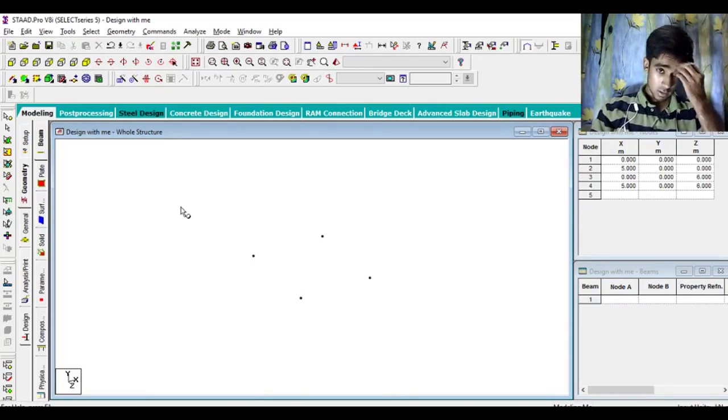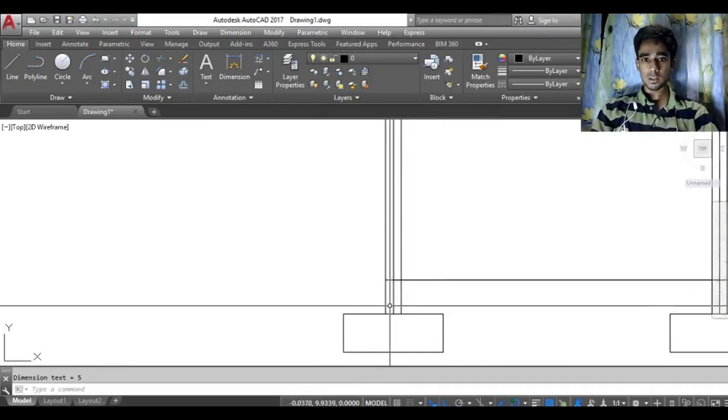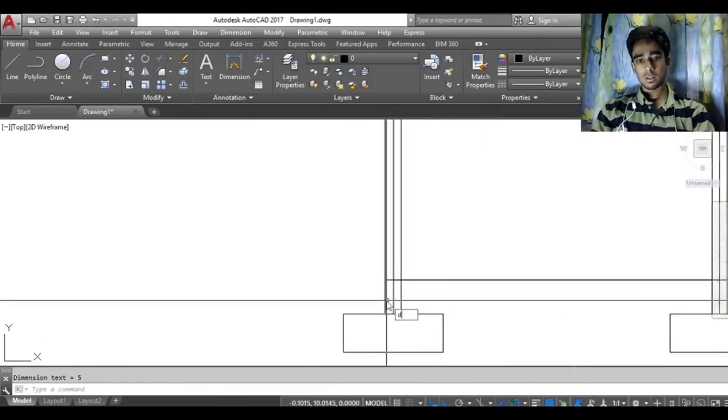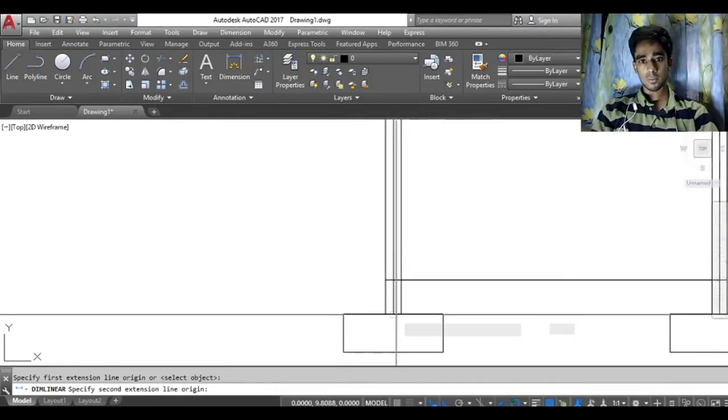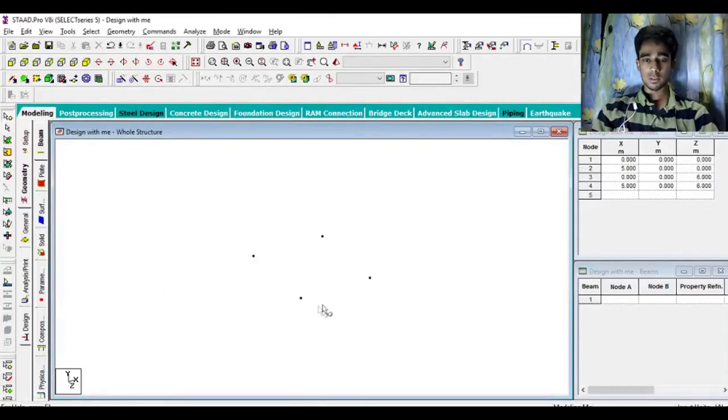Now what I'll be doing is, as you can see, here is a footing, and the footing extends below about 0.5 meters. I guess I made it. Yes, it's roughly 0.5 meters. So firstly, what I'll be doing is joining the plinth beam right now. Just pick up this command. Oh no. This would be a great mistake right now. What I'll do is just select all these nodes,